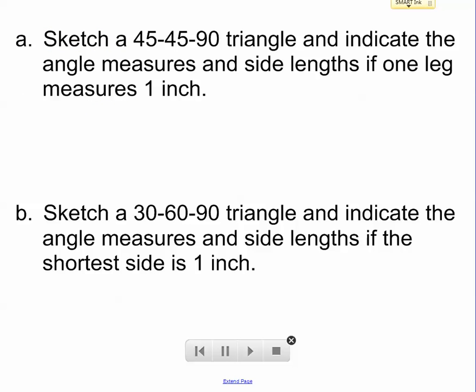So here's the two we're looking at today. A 45, 45, 90 triangle. So we're going to sketch one. We're going to indicate the angle measures and the side lengths if one leg measures 1 inch. Okay. So a 45, 45, 90 right triangle would look like this with its angle measures. Now, if one of the legs is 1 inch,